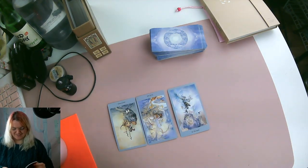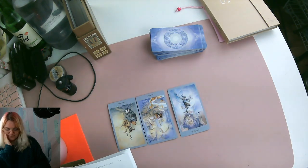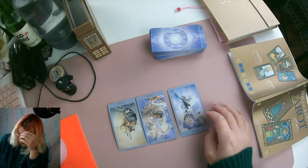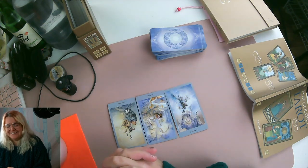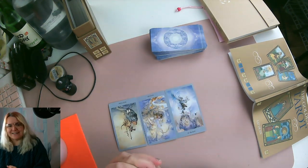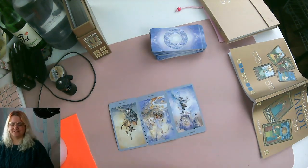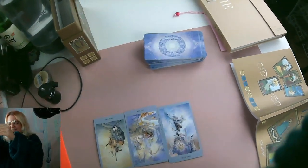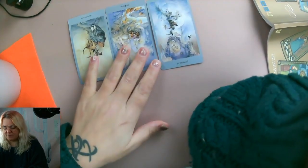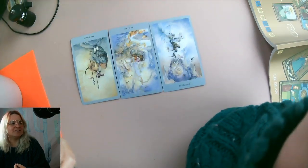Ooh. Let's see what the Devil has to say about your future baking. Oh my goodness. So the Devil card warns against the possibility of addiction. So be wary of becoming addicted to the art of baking at the expense of other enjoyable things in your life. That perhaps with any potential failures that you get, I know this is so dramatic for baking, any potential failures that you get in baking may lead to a sort of an addictive need to have perfection while baking, but to resist this because